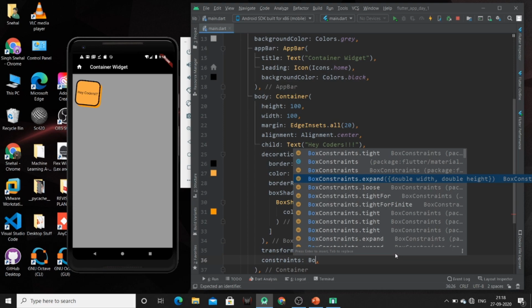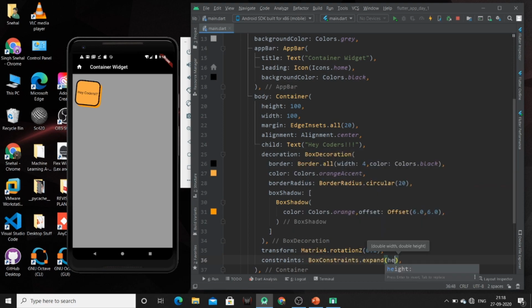For that you have to mention the height or width about which you want some constraint. So just hit Ctrl and S. So I can change the height also. This is the type of constraint we can give to our container.